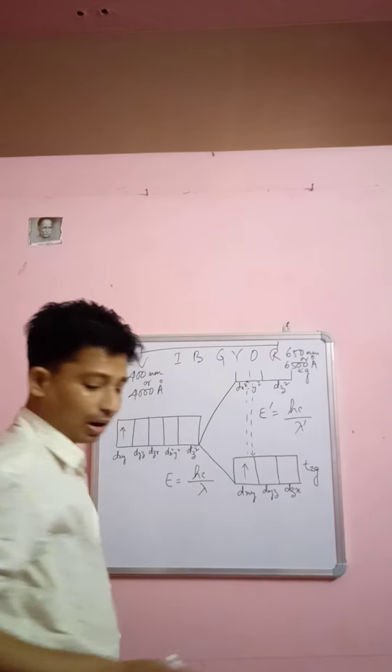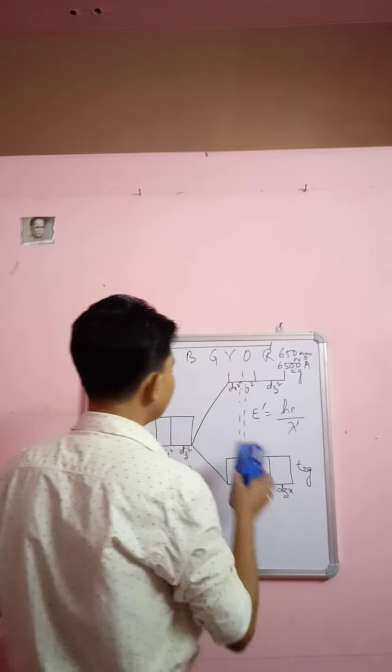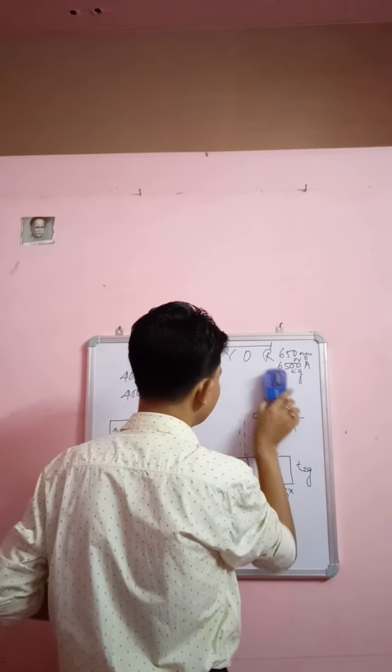Okay. Now, the energy or the color with which it is going from T2g set to eg set of orbitals,